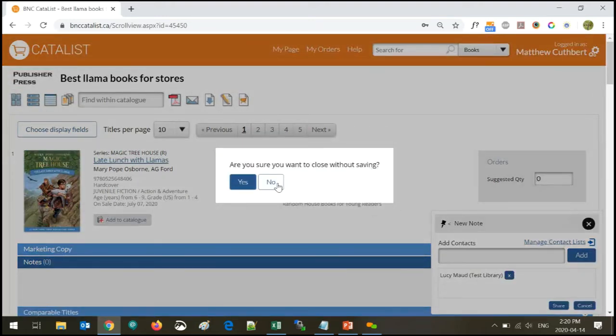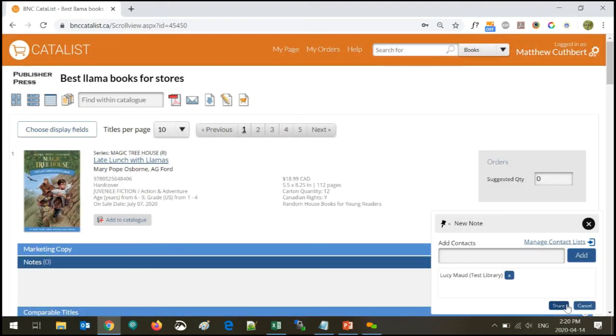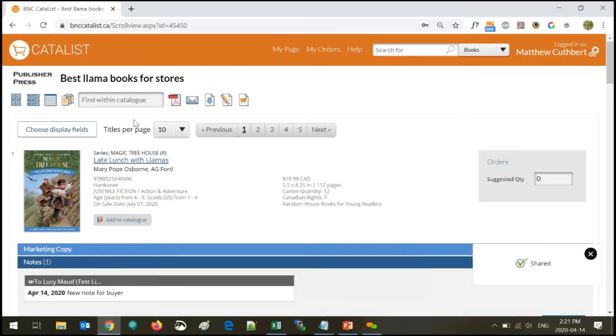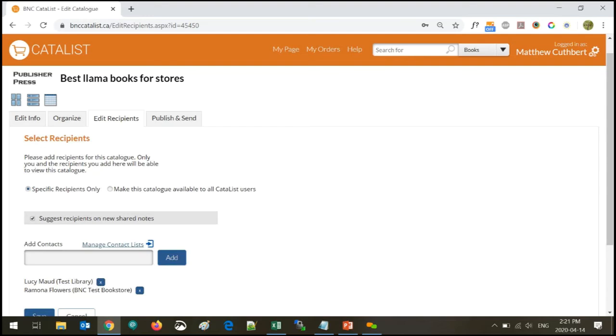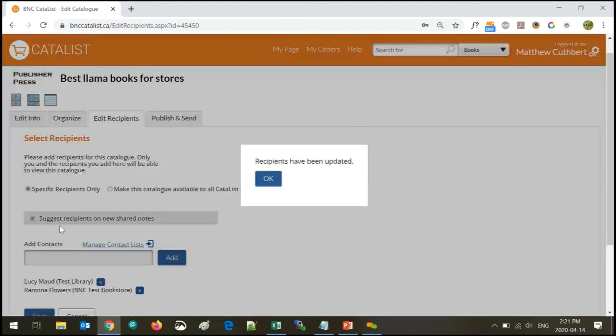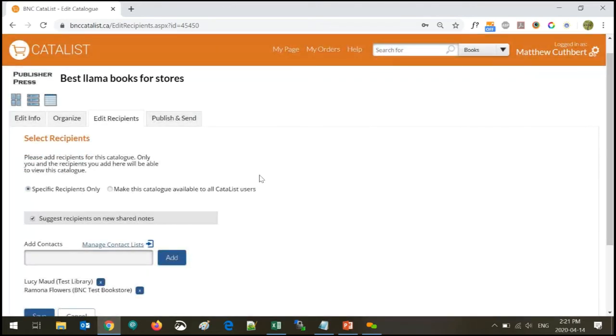But there is, no, we don't want to save that. We'll save that one. But when I'm in a custom catalog and I go into edit recipients, there is an option here to suggest those recipients on new shared notes. So I've already set here my recipients for this custom catalog. I have a bookseller and a librarian, and I'm going to ask the system to suggest those recipients on the new